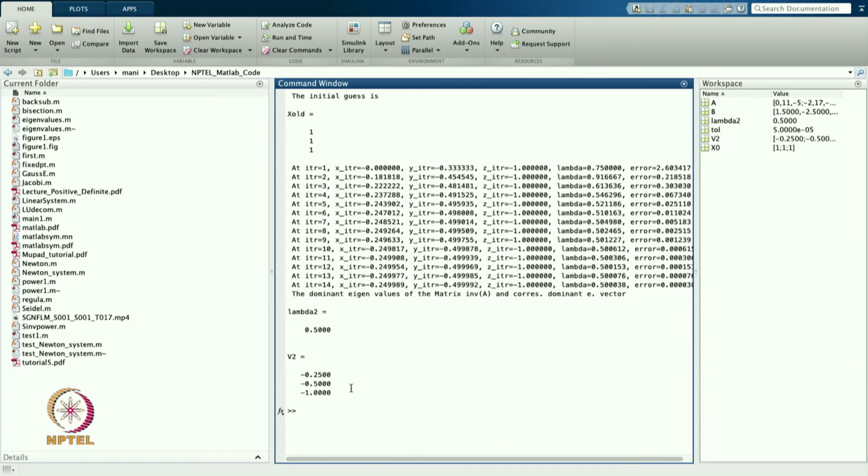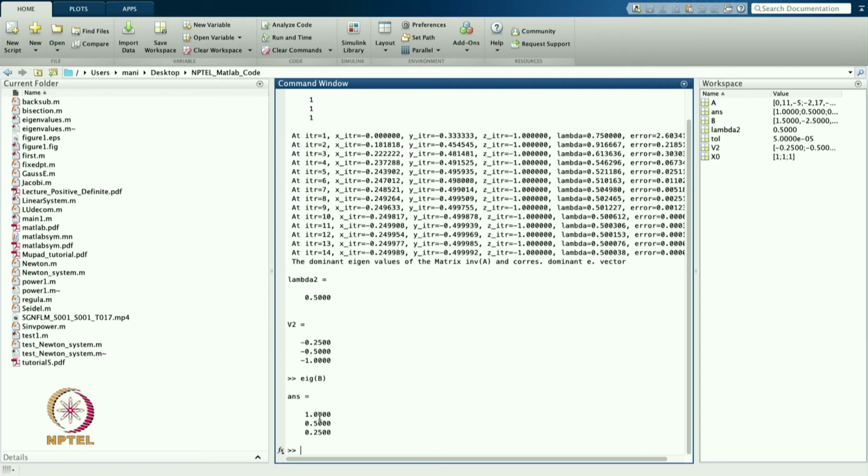Instead of getting the value 1, I am getting 0.5, and the corresponding eigenvector we are getting is this one. So, in this case, what is happening is that it is taking the dominant eigenvalue as 0.5, not 1. But why is this happening? This is happening because the difference between the eigenvalues is very small here. You can see that the difference is from 1 to 0.5, and it is 0.25. So, in this case the error may happen.